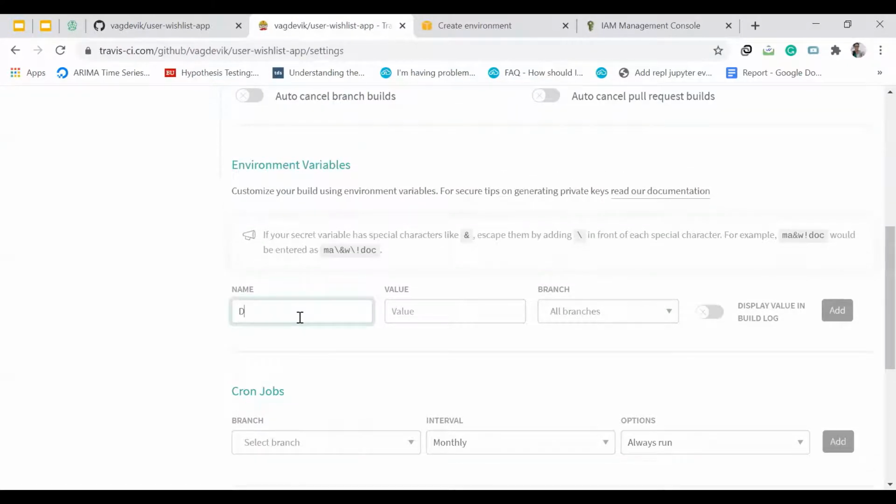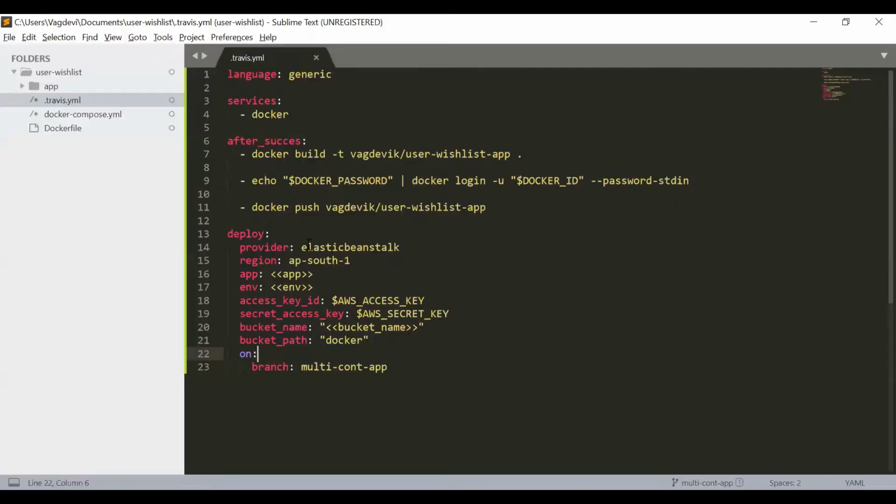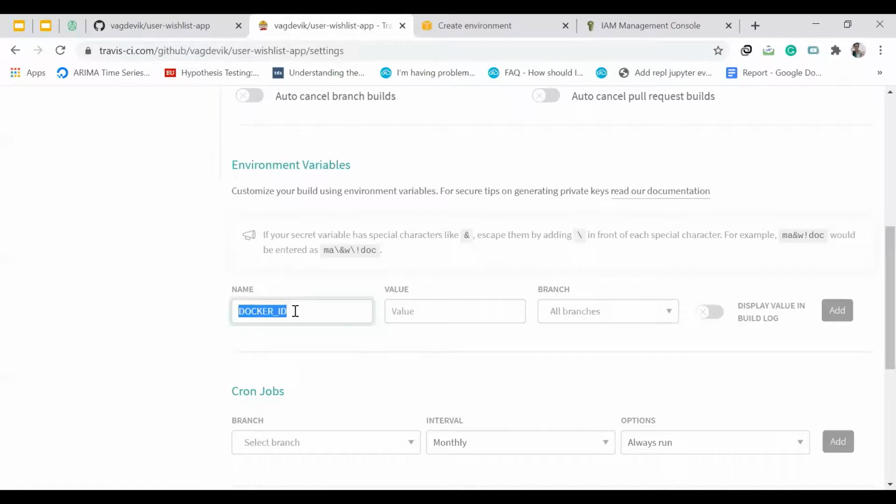So the first one is Docker ID. Make sure that this is the same in the Travis file and also here. Okay, here. This is Docker ID. I'll copy and paste it just to make sure. Okay, the value is Vagdevi.